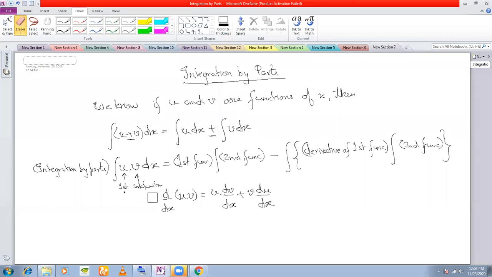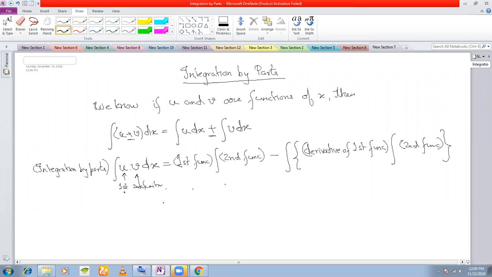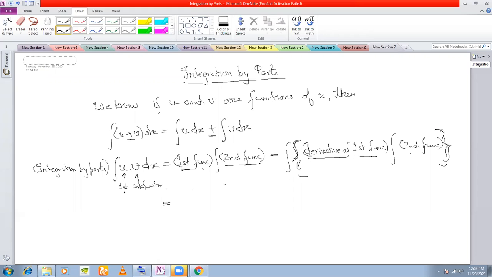So what is the formula for integral u into v? It is first function into the integral of the second minus integral of everything within the curly brackets. And what is within the curly brackets? Derivative of the first function into the integral of the second function. So mathematically, how do we write this? Here u is our first function. So write u integral of second function. v is our second function. v dx